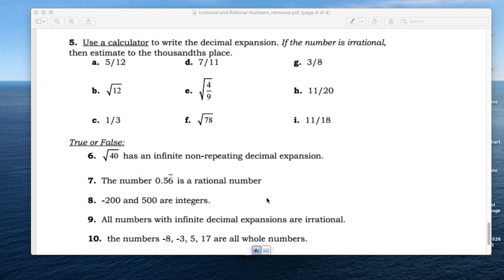Five, use a calculator to write a decimal expansion. So what's 5 divided by 12? Let's change that to a decimal. And that's going to be,